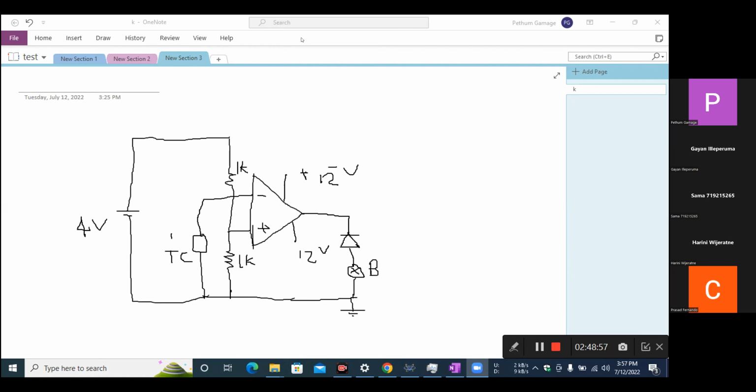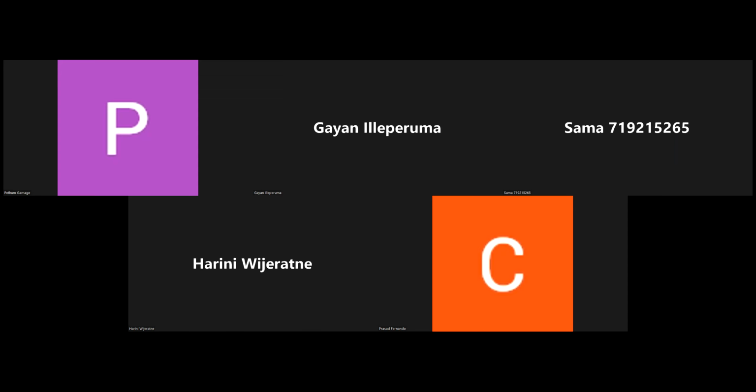Right, it's almost 4 o'clock. Before finishing for today, I'm going to give you another small homework for you to try. I am going to put the question in the chat so you can copy paste it. Here's the question. Amal wants to switch on a 6 volt lamp inside a room